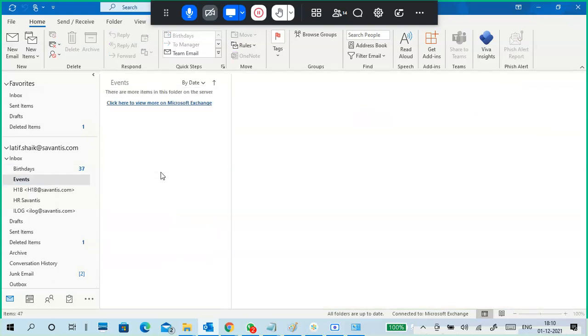Events: sometimes in our organization we conduct events. For the last two years we have not been conducting any events anyway. Normally Diwali, Dasara, Sankranti, some events are there, no? So they conduct some events, like a new year event, and we get event-related mails. That is also not required, so I put them in a separate folder. This is H1B visa; someone will get an H1B visa. We don't require that, so we put it in a separate folder.